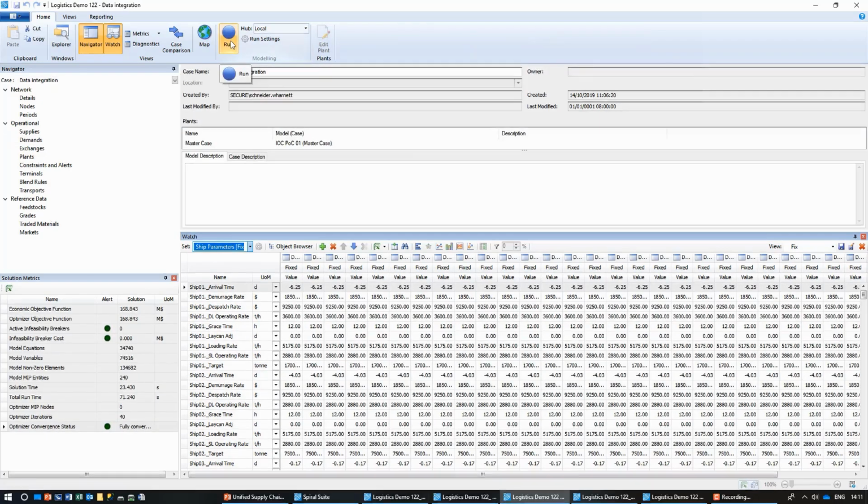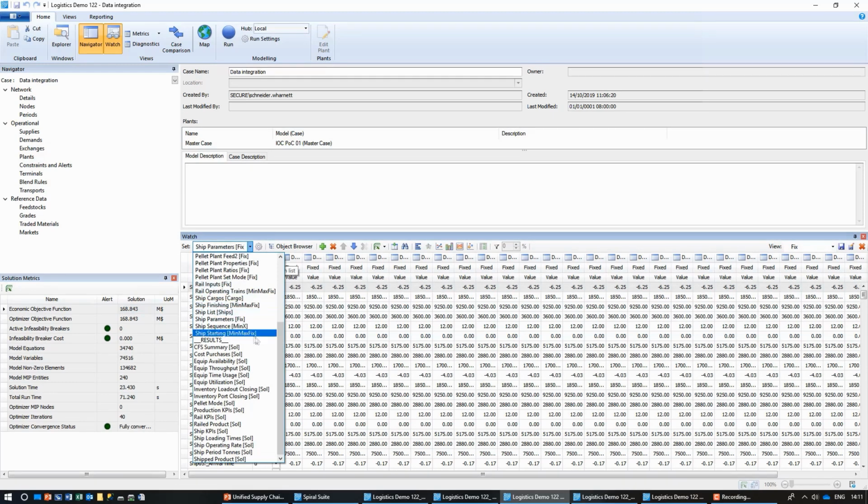Now that the run is completed, we can see that there are some parameters showing overall metrics for the solution. The most important of these is the objective function value, which is the overall profit that's been achieved with this plan. We can now start to look at results, and one of the key areas to look at is the